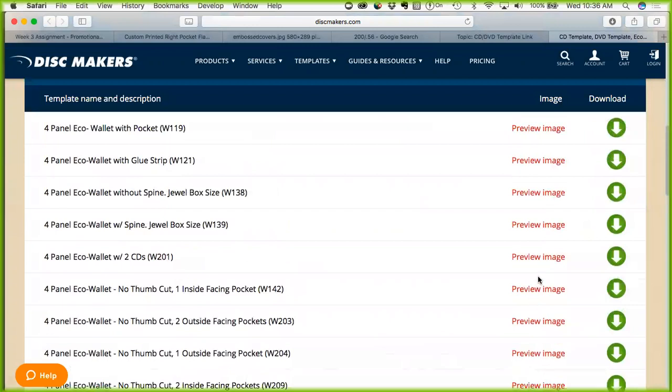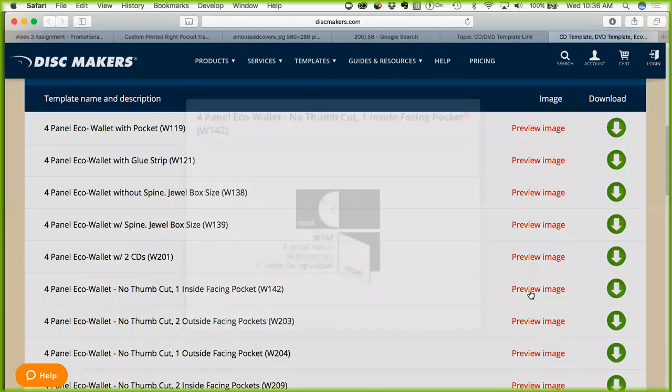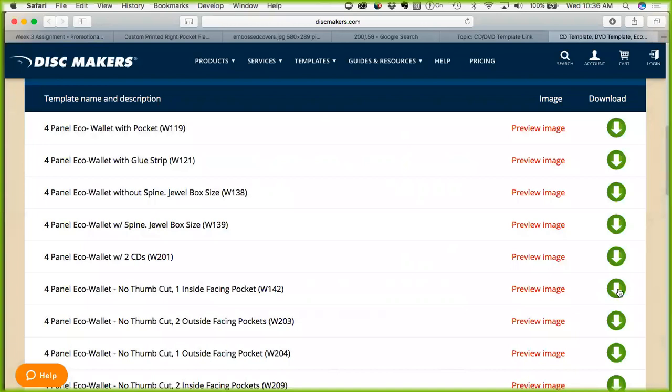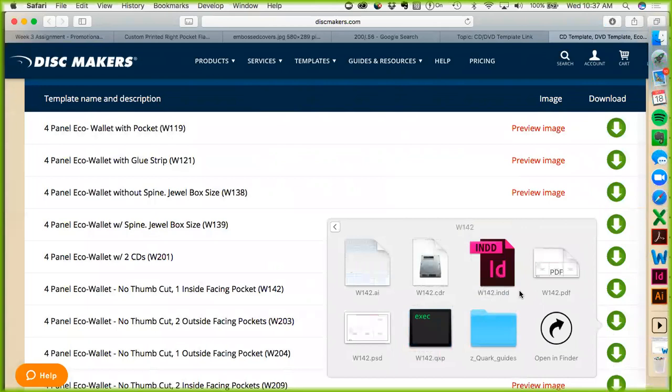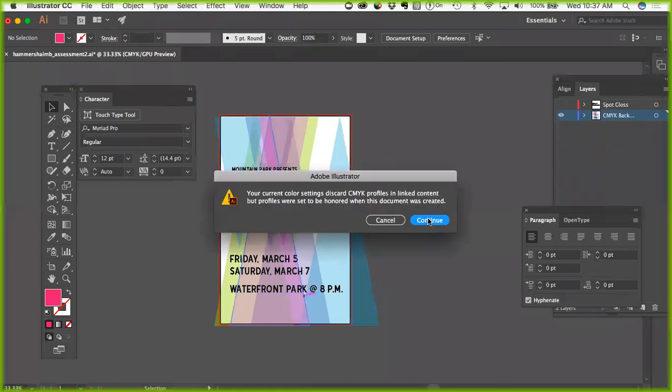So we're gonna do. We're not gonna do that one. Maybe we're gonna do this one. So you can click the little preview images. It's nice, and then download, and it's gonna do its thing. Then you're gonna see what it's gonna give me. So I have it as an AI, an INDD, a PDF, a PSD, a Quark Express. I'm actually going to do it in Illustrator because I think it's easier. I'm going to say continue